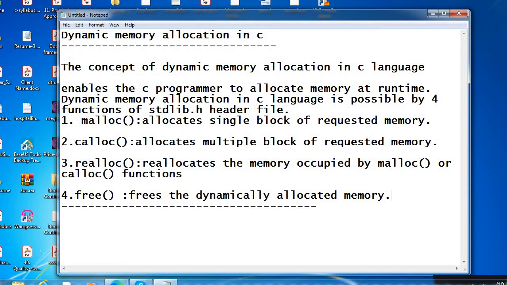And it returns null if memory is not sufficient. This is the malloc function. So the syntax of the malloc function is given below.